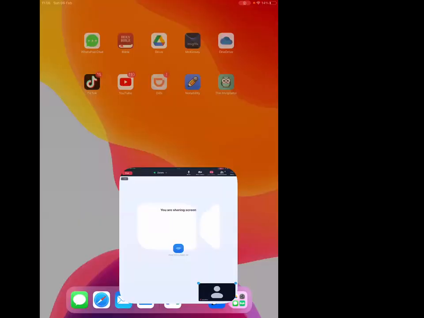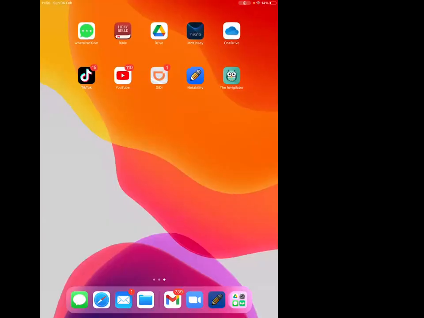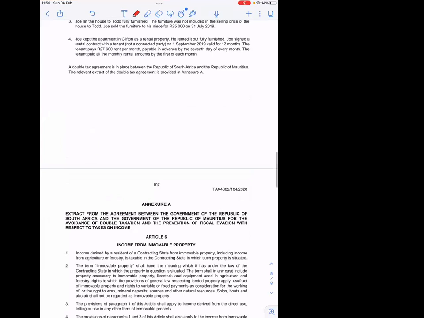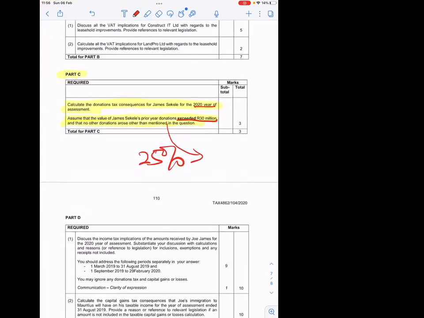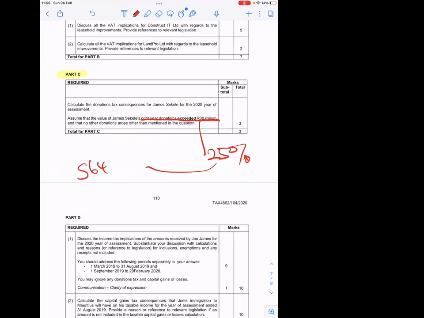Okay, so here's the story of this gentleman here. They want us to calculate. So here we're not going to be saying anything, just calculate. So I wanted you to take note of that now. There they say, it's a trap also, as you can see. Prior donations exceeded. It means that the donation tax is going to be calculated at that rate. Where are we getting that from? Section 64